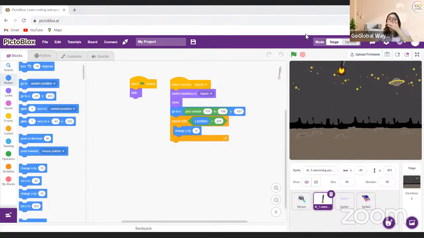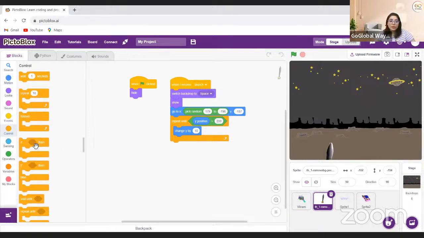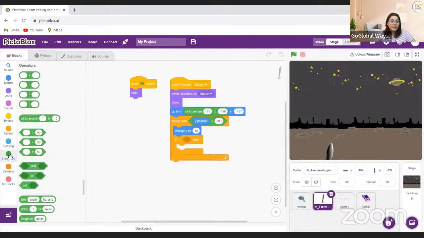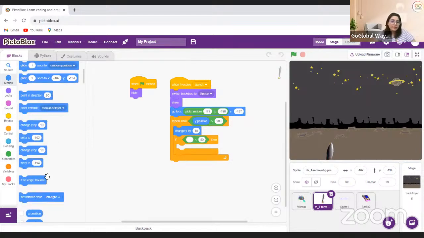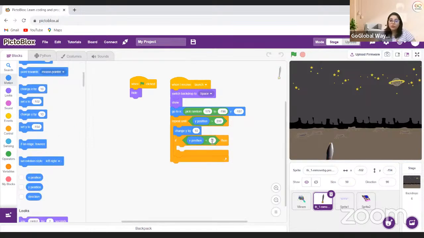Okay, now what I want is कि अगर y position ज्यादा हो जाती है तो मुझे ये रॉकेट शिप दोबारा से यहीं से चाहिए, इसी पोजीशन से वापस जाता हुआ दिखना चाहिए. ठीक है? जो go to x and y I am taking from the beginning. So what I will do, I'll go to controls and I will take if conditional statement. If I will go to operators and I will take less than block this time. So I will put the same condition that if y position is now less than 200,